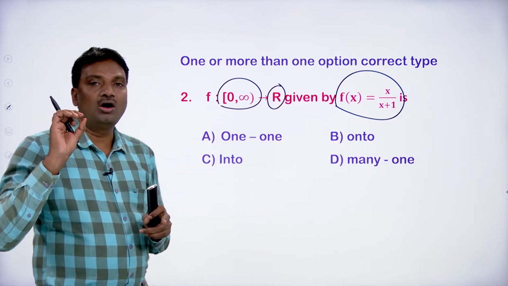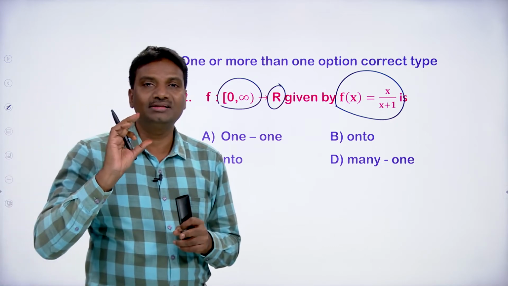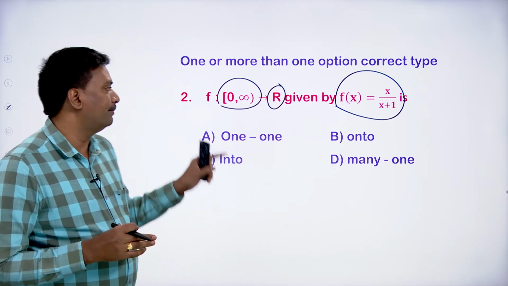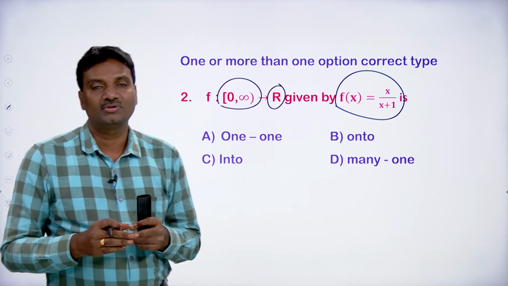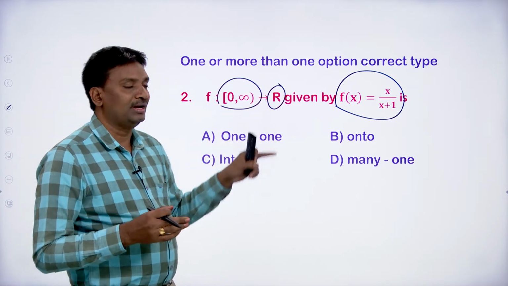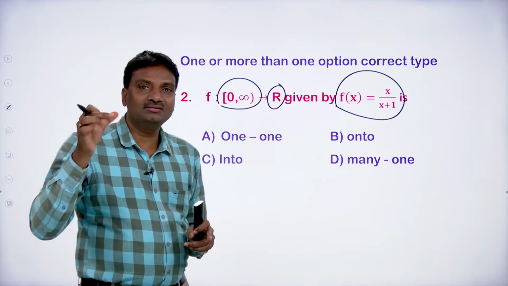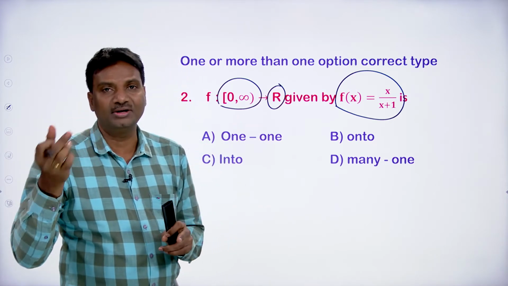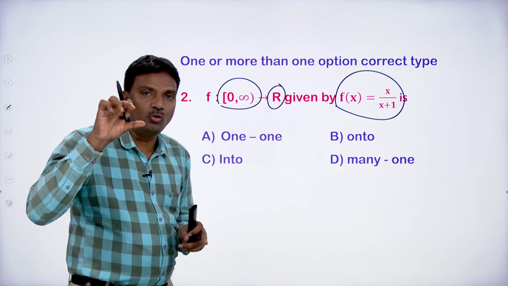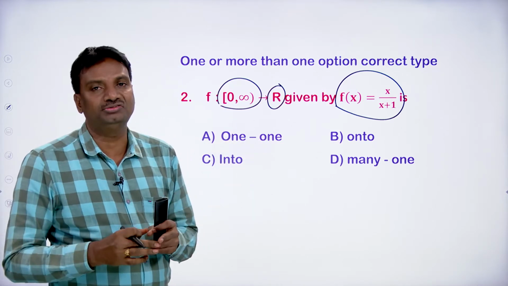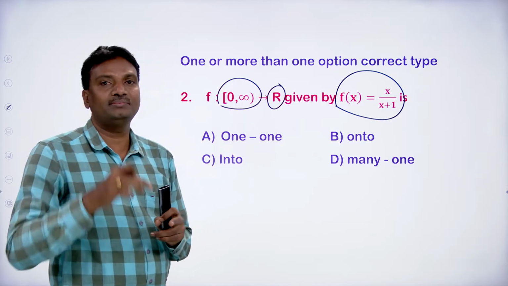Here the given function is defined from [0, infinity) to capital R, where the domain is all positive real numbers including 0. Do not consider negative real numbers in place of x, and the codomain is given as capital R. Capital R means the set of all real numbers, so the codomain contains negative numbers, positive numbers and 0. But the domain contains only positive real numbers including 0.